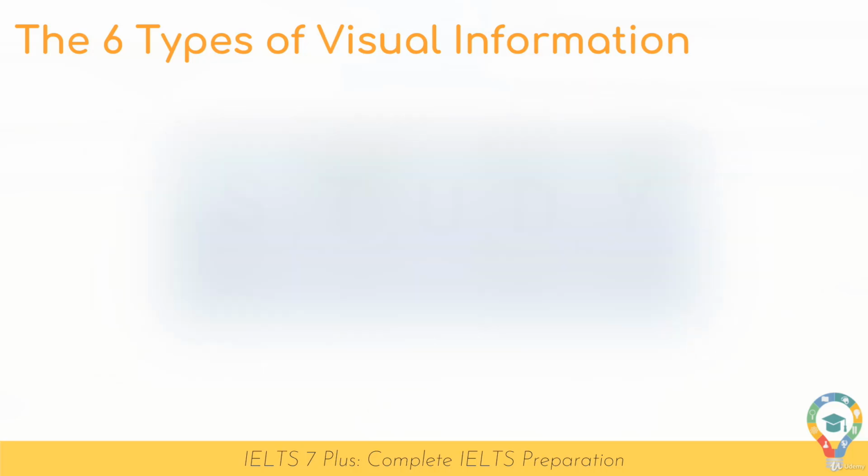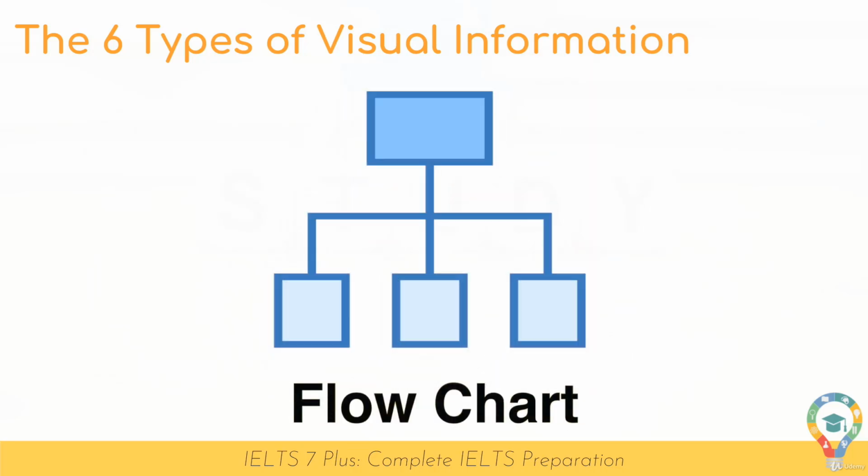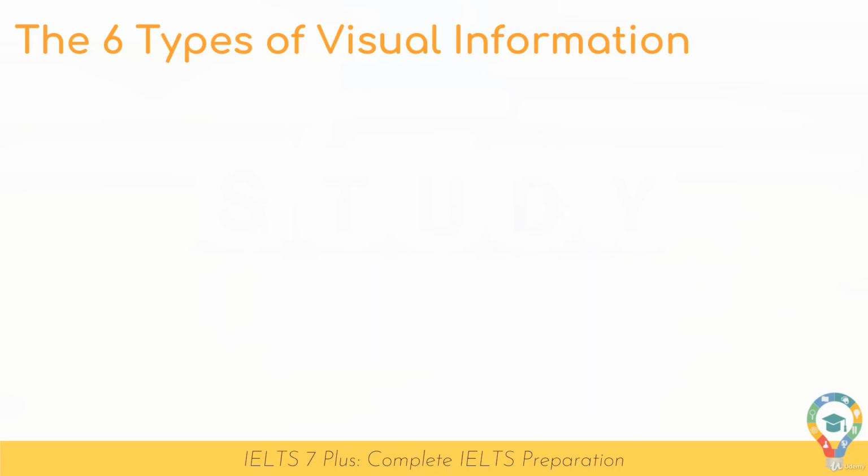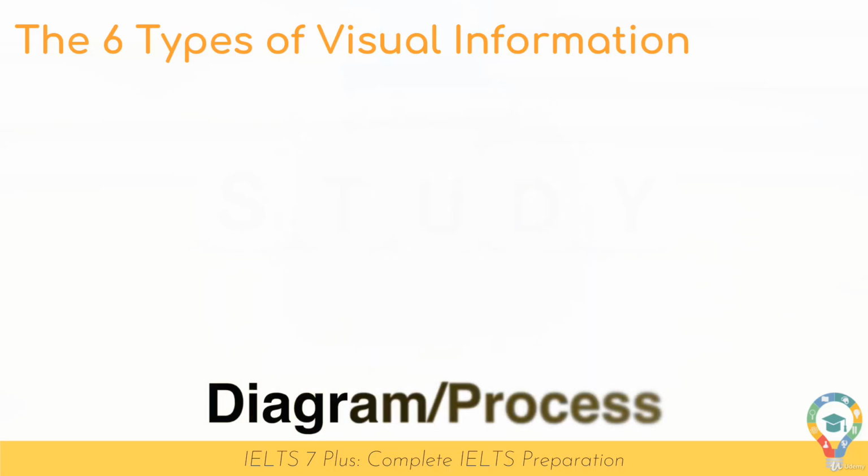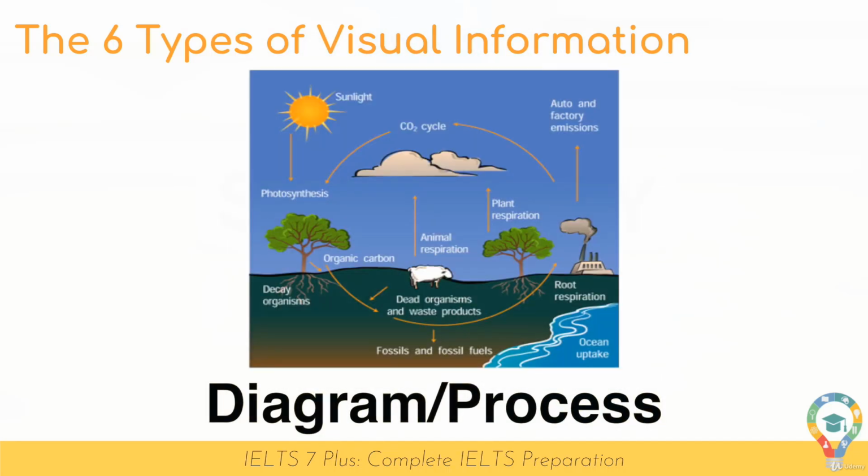A slightly different way of presenting information is this, which is called a flow chart. The individual boxes are called cells. The final question type that we'll quickly look at is called a diagram. The diagram could be showing you information from a range of topics, but there will be arrows to give you